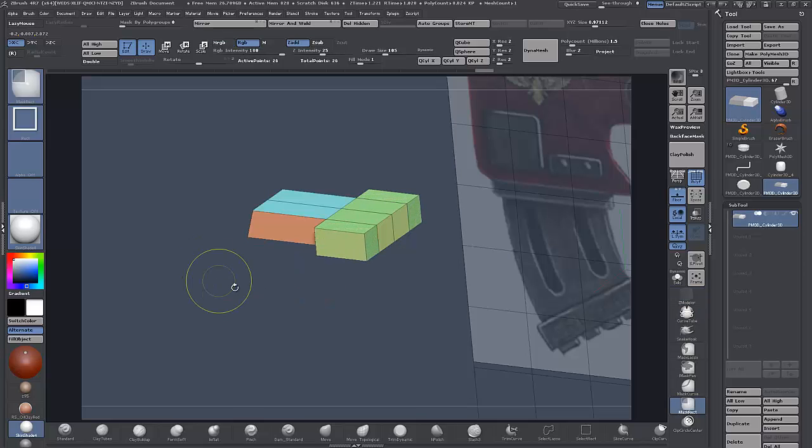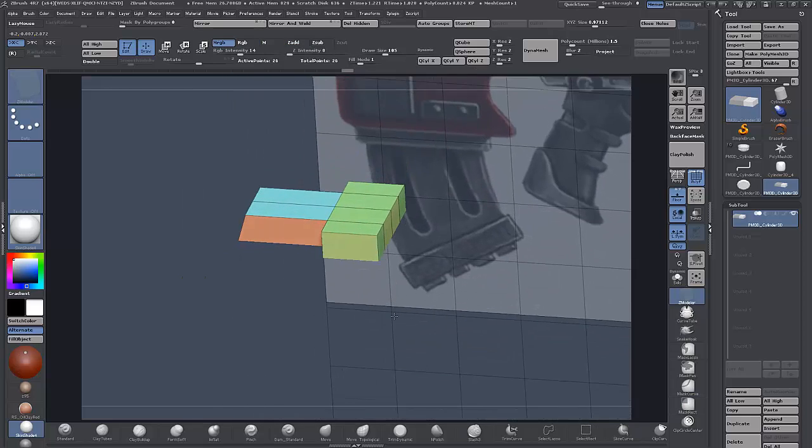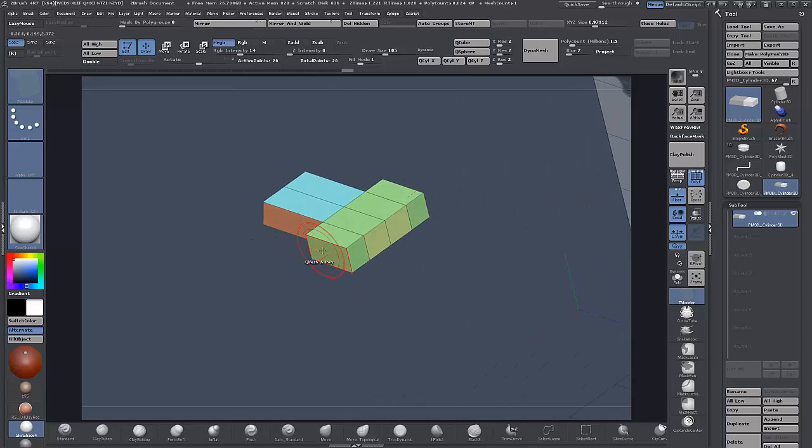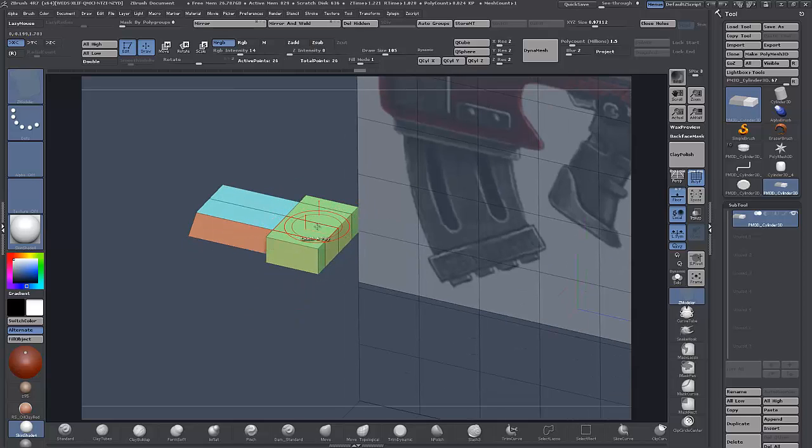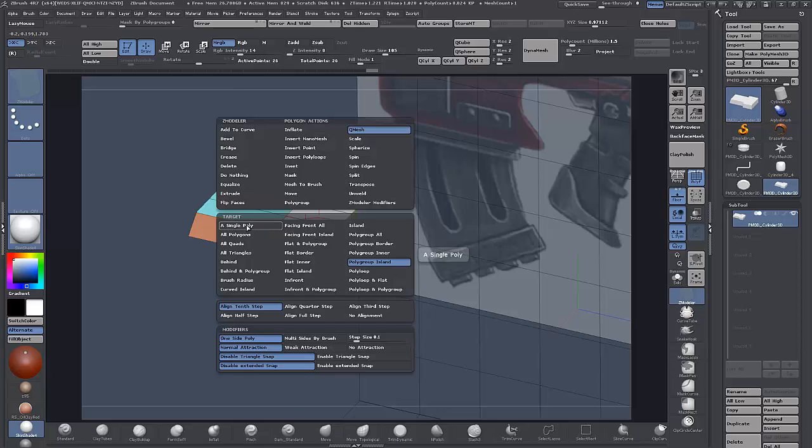We'll bring that out, clear the mask. Maybe that's a bit too far, so bring it in a little bit, and Q mesh a polygroup island. Tag these, single poly,